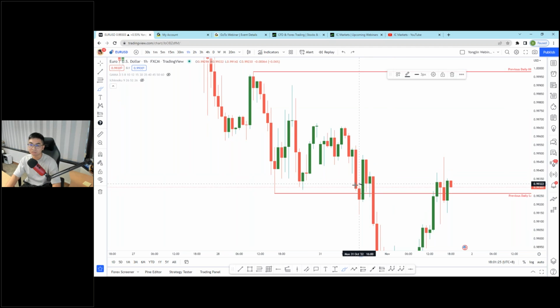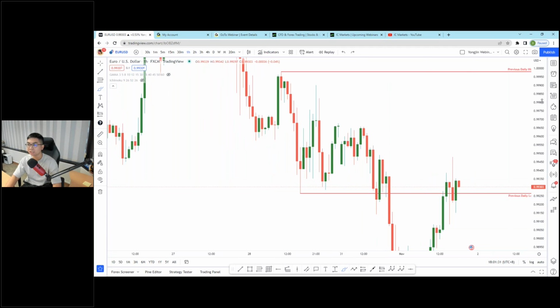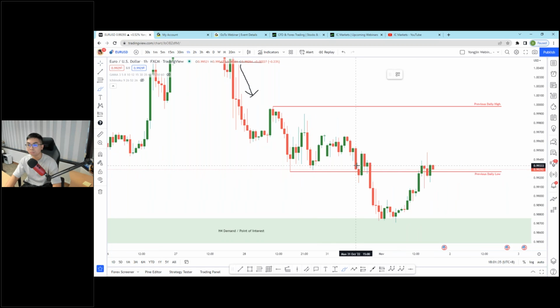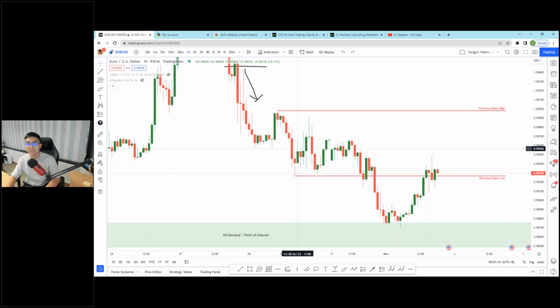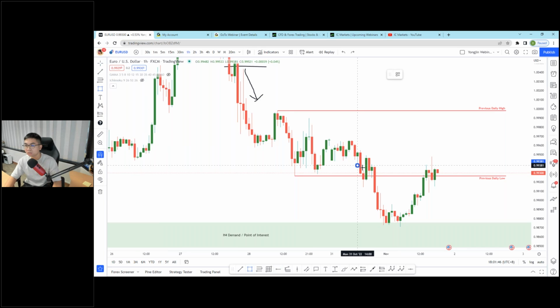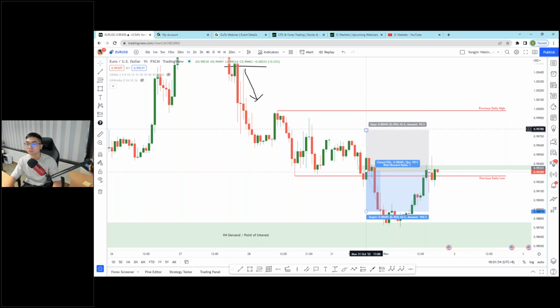I took this area as a strong break of structure because this is the hourly chart and price closed with the body instead of a wick. So it had a body close, breaking the previous daily low. So I entered at the imbalance. Let me get it out. I drew it out here. That's the imbalance right there. My short position, and my stop loss was just right here.